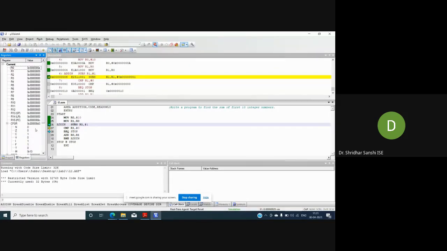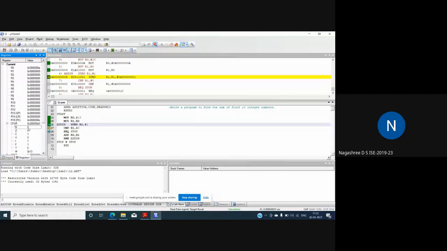Can anyone tell the meaning of these flags? These are flags, right? NZCV. So what do you mean by N equal to 0?